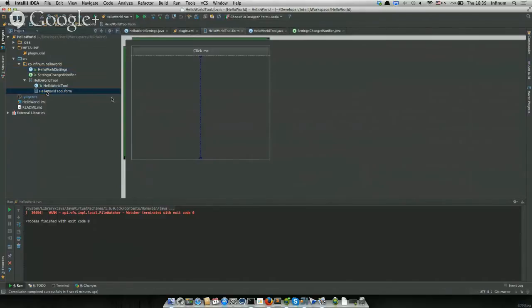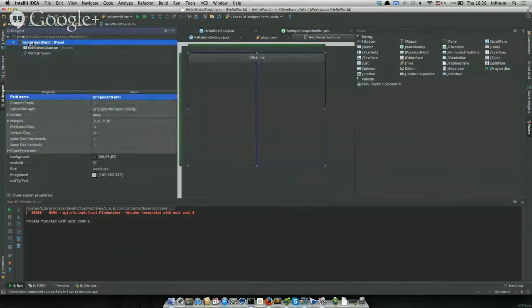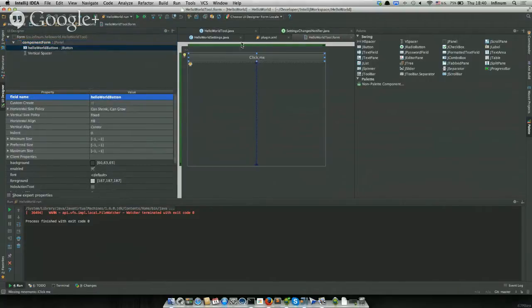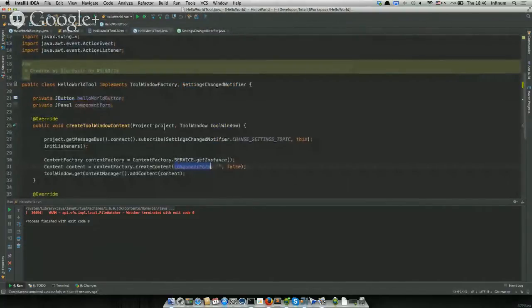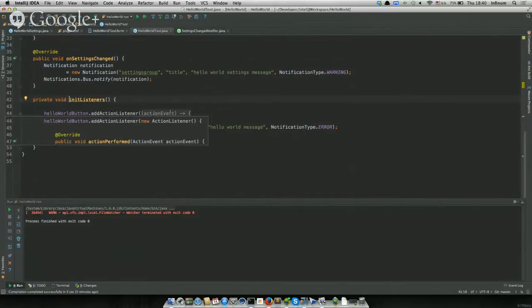If you take a look in the GUI designer, on the left side you have components, which has the JPanel root. We give it the ID which we want. This is a field name, and this is how our property is called inside the class. So inside the Java class, we can then bind all our components with some action listeners, I don't know, change the titles properties. In this case, we are adding an action listener, and we will show the notification in the event log of IntelliJ,